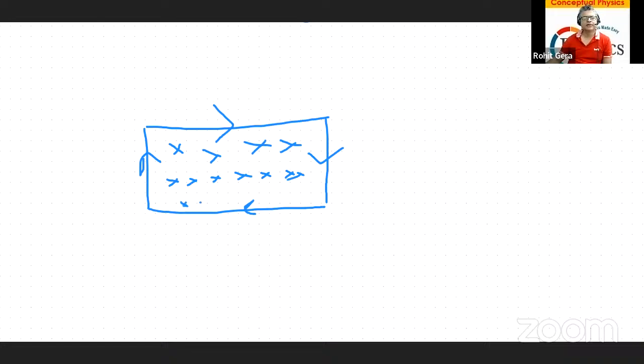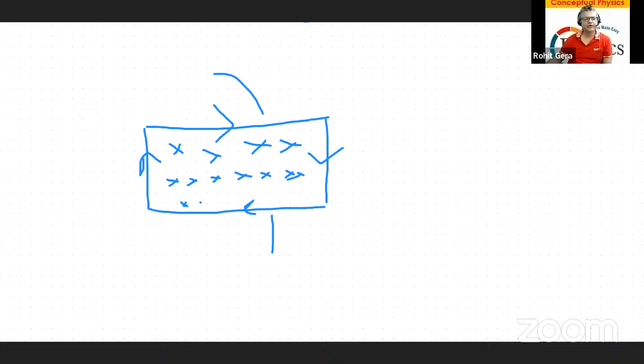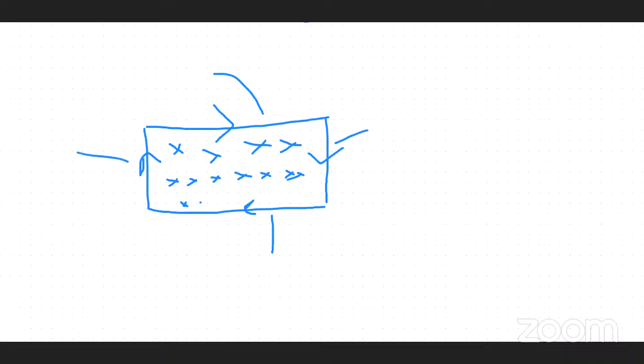Calculation करने की जरूरत नहीं है. It's a loop. All the forces will get cancelled. ये इससे कैंसिल हो जाएगी, ऑपोजिट डायरेक्शन में आएगी फोर्स, क्योंकि करंट की डायरेक्शन अलग है. दोनों का L क्रॉस B भी उल्टा हो जाएगा. और इन दोनों का भी L क्रॉस B उल्टा हो जाएगा फोर्स। करेक्ट। आंसर 0।